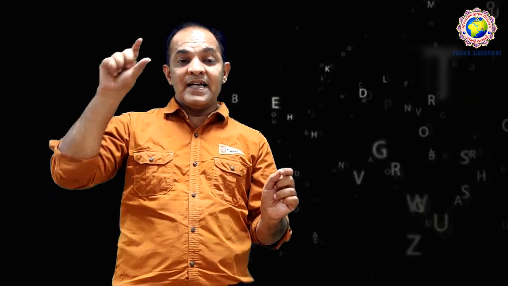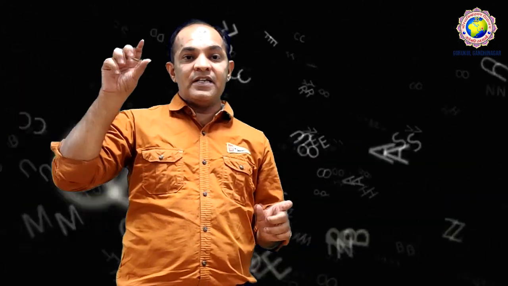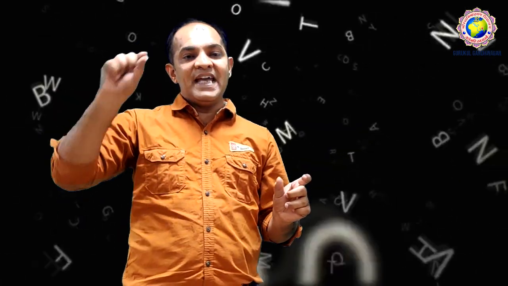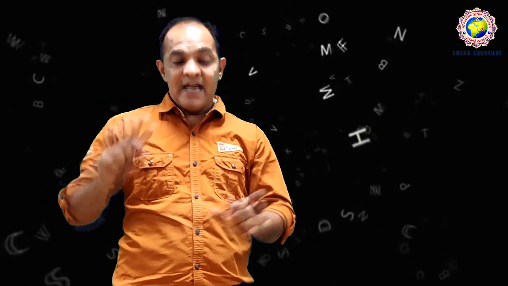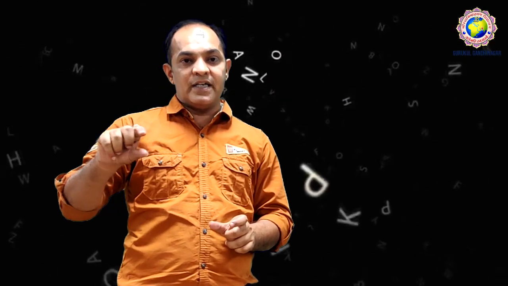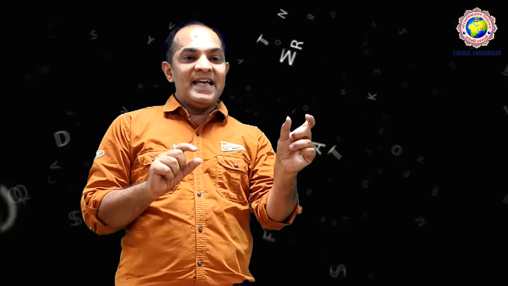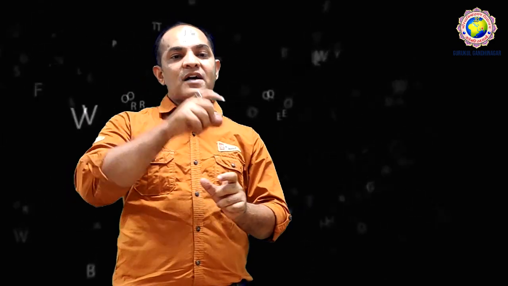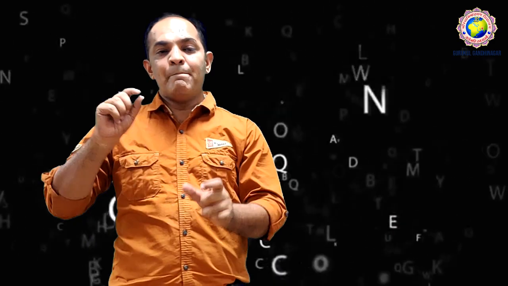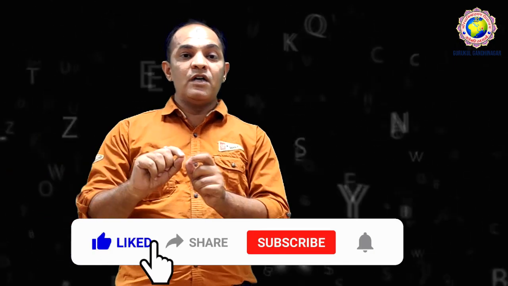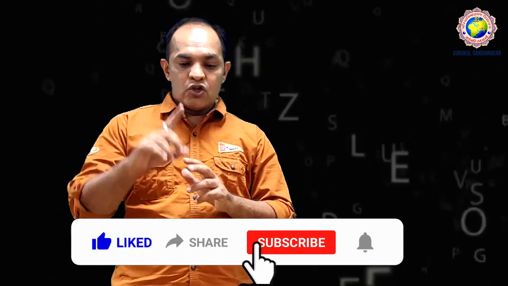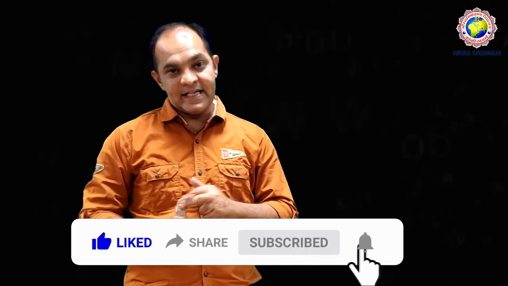Let's start with an example: I drink coffee regularly. According to the formation, that is active voice. Now passive voice: what is passive voice according to the formation? Object first. Coffee is the object, so coffee comes first. After that the to be verb, am, is, are. So along with coffee, is should be there: coffee is. Right? Now drink is a root verb, but we have to convert it into the past participle. Drink, drank, drunk. So drunk comes here. So, coffee is drunk by me every day. Other words remain the same; we don't need to change them. Right? So this is the example of positive sentences in simple present tense.